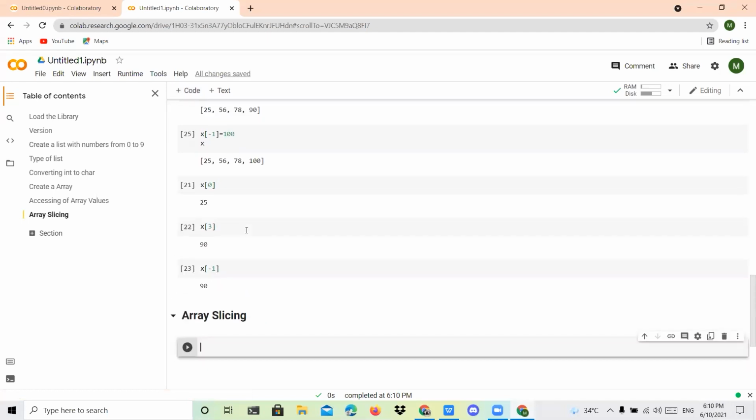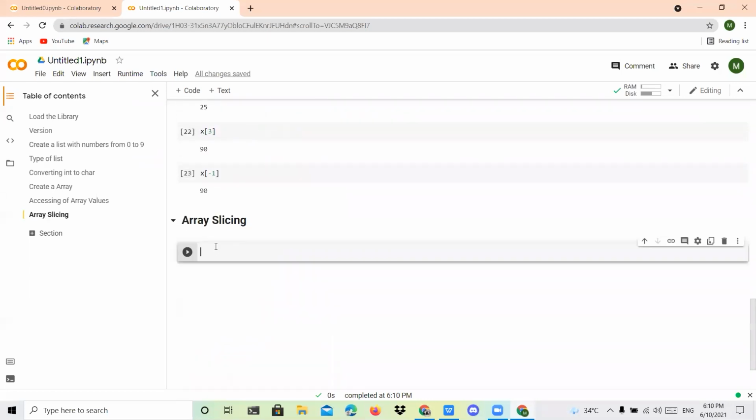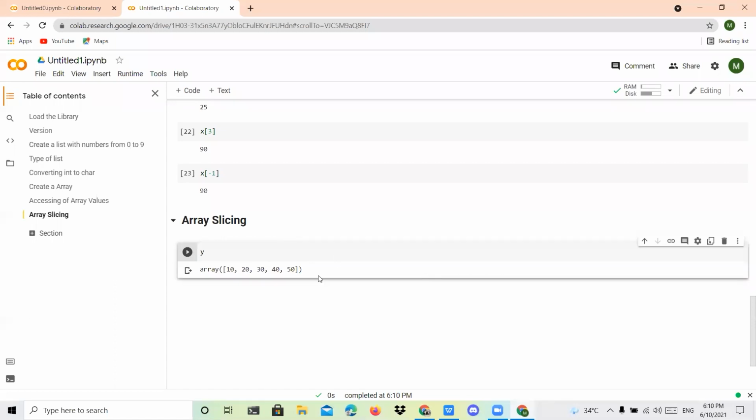Suppose you have already created an array Y like this. I'm going to execute Y again, and that will be printed. Now with a range, you can print some of the elements on the screen.